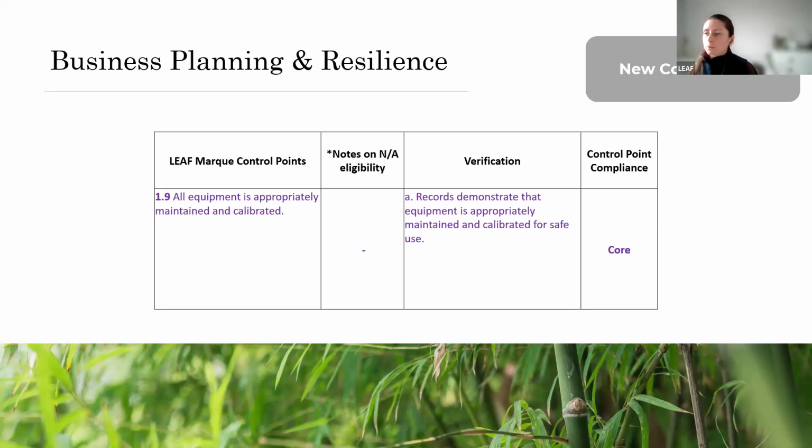Historically, this was only required in the plant health or crop health and protection section for plant protection product equipment, but we're proposing that this requirement applies more broadly to other equipment. For example, perhaps you are using irrigation equipment. We do want to draw focus that it's important for this type of equipment as well to be maintained, to ensure there are no leaks, etc., that it's working efficiently.